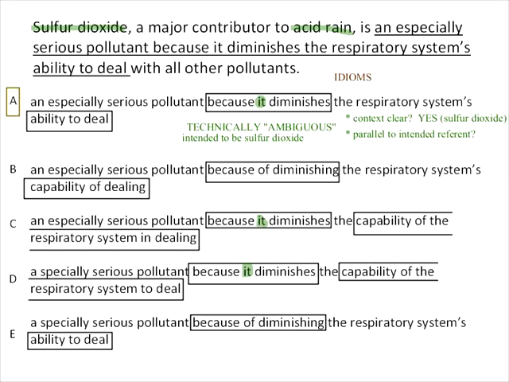Well, let's check. What role does sulfur dioxide play in this clause? Just go ahead and type in the text box. What is the grammatical role played by sulfur dioxide here? It is the subject. So this is the subject of the clause, and this is the object of the preposition. And it is the what in the text box? What does it do in its respective clause? It is the